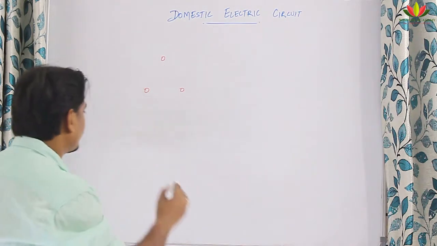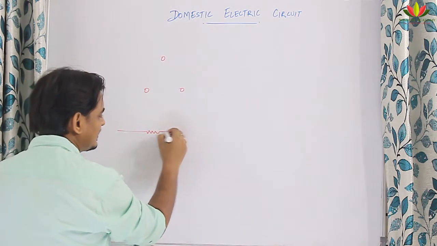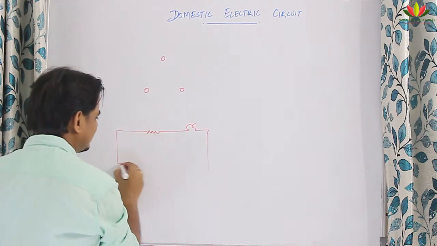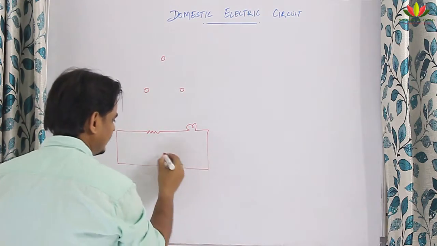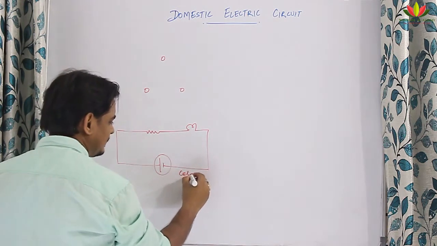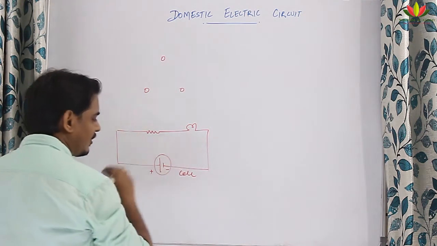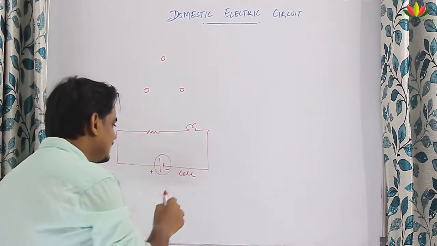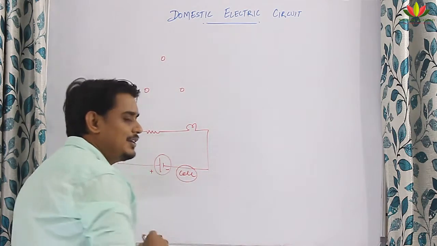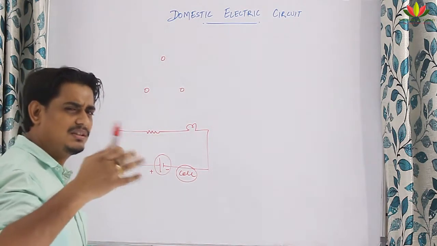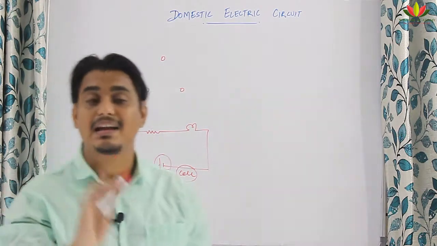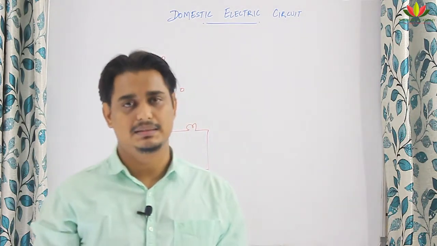See, when I draw a normal circuit, what you have seen in the previous chapter, you would have seen something like this. There is a bulb here, resistance here, or there is a cell here. This is a cell and it has positive and negative terminal. So cell also provides electrical energy, but this cell provides you direct current. You will learn about this in the higher classes. What we are using in our home is not direct current, it is alternating current, right?